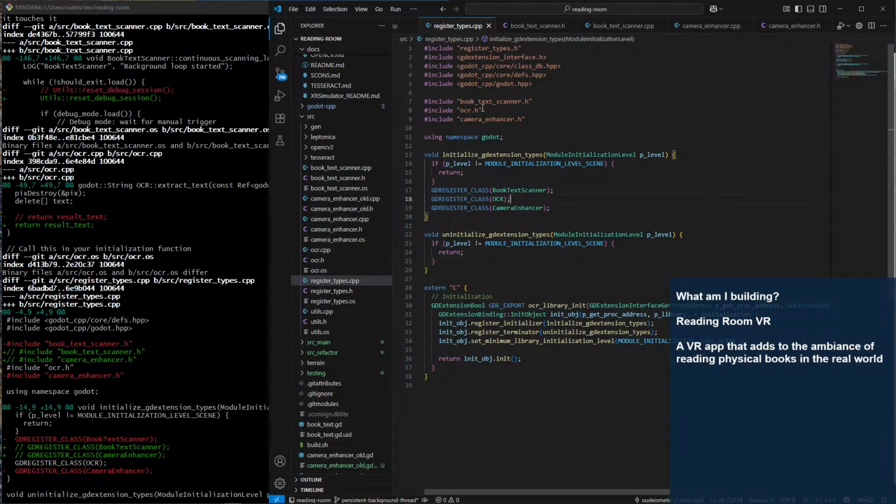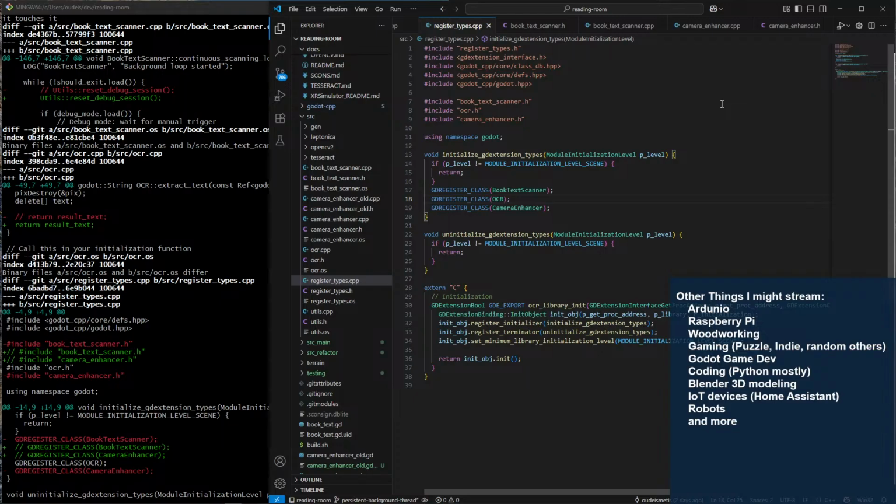The classes import all fine, and all we care about is book text scanner, OCR, and camera enhancer. I'm not looking to import utilities because I'm going to set those. You know, I might not even need OCR or camera enhancer, to be fair. Those could probably eventually be private. I think it's just book text scanner service that is going to get called, but fine. Those import just fine for now. They initialize just fine. I'll leave them as they are. So register types is happy.